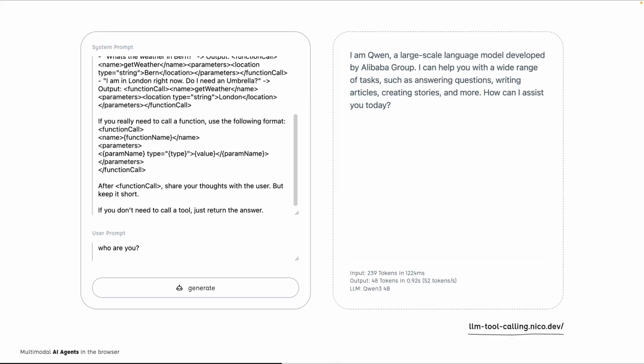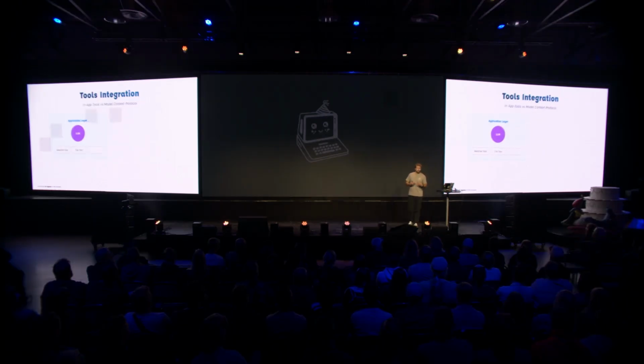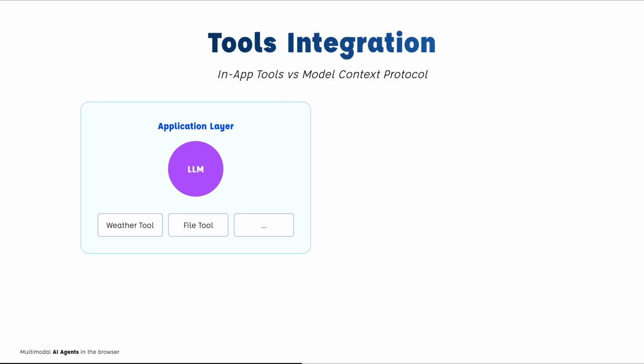Okay, now I have tool calling, so I can write my application that has the LLM as the core, and then I have tools that I integrate. The problem is that in this approach, I really have to write each tool myself. I need to write an integration for the Open Weather API, for the File System Access API, so everything is very tightly coupled. A better approach is to use the new Model Context Protocol, and I think some of you might have already heard of MCP,